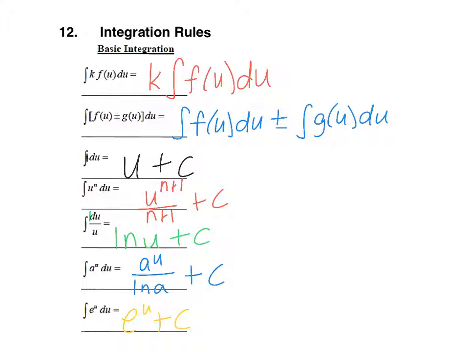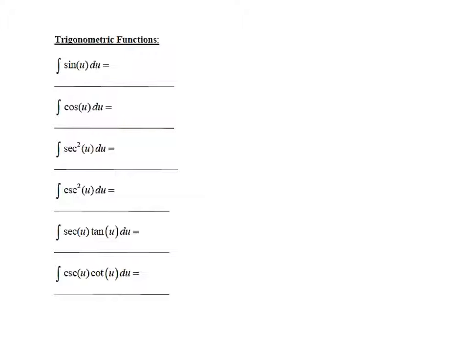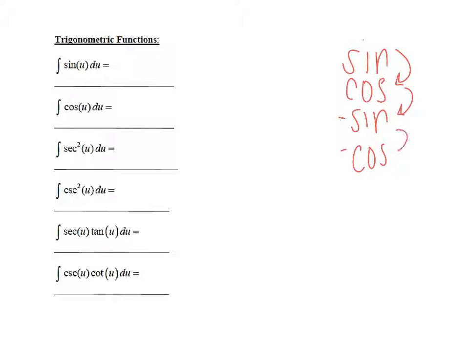Okay, so those were the basic ones that we learned. Some trig functions and their integrals. With sine and cosine, remember the trick, just because we use it so often and it's so easy to mess them up. I write down sine, cosine, negative cosine. And this way, if I'm going this way down, that's my derivatives. And if I'm going backwards,